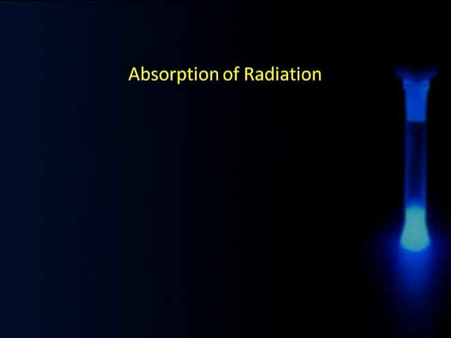Now, let us move further and see what we mean by absorption of radiation, because we know that a photochemical reaction is a consequence of absorption of radiation. So, let us understand how we talk about it. You will recall from your earlier exposure to spectroscopy that there are different energy levels, say this is the electronic ground state, this is the excited state, and a transition has to take place from the ground level to the excited state,